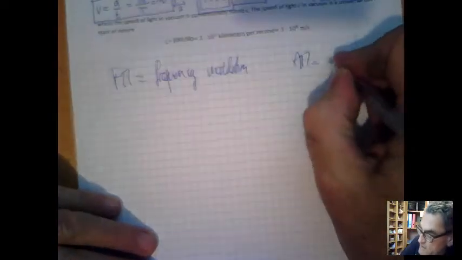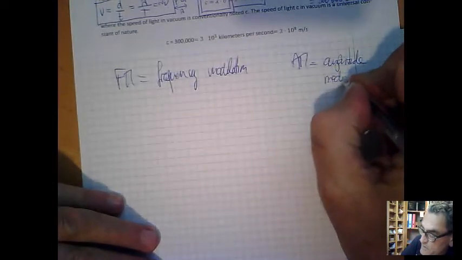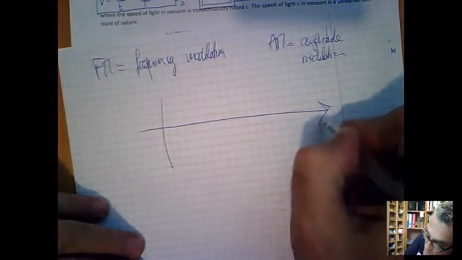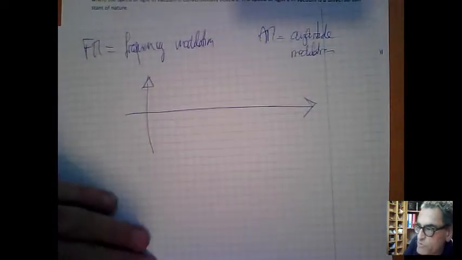AM is amplitude modulation. Okay, let's imagine we have a signal, some electric signal, corresponding to some music or to some voice or